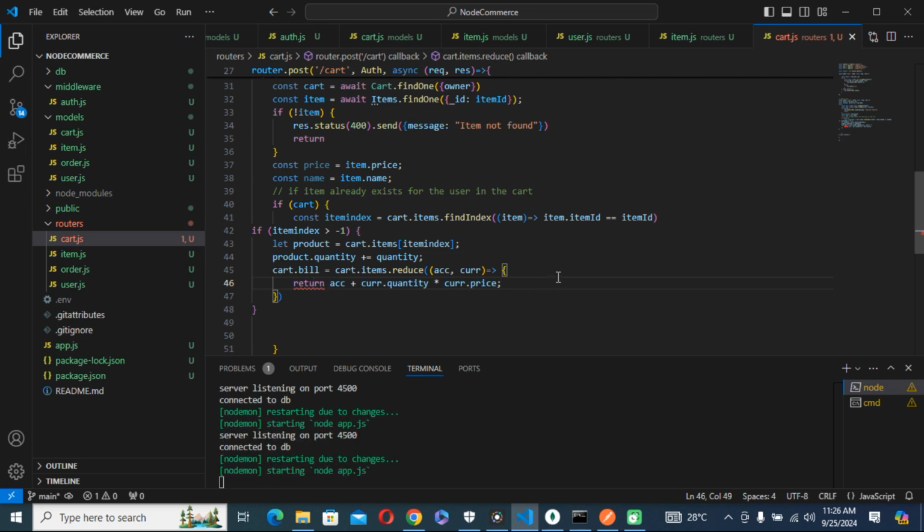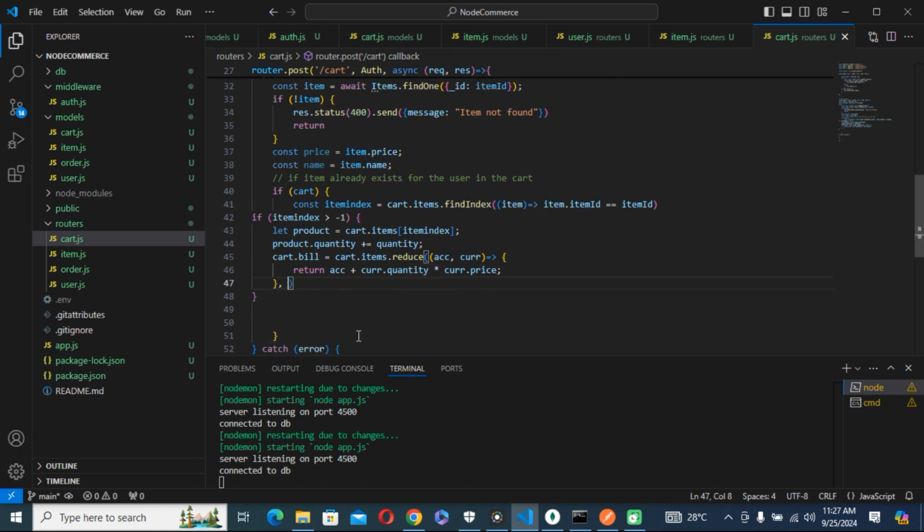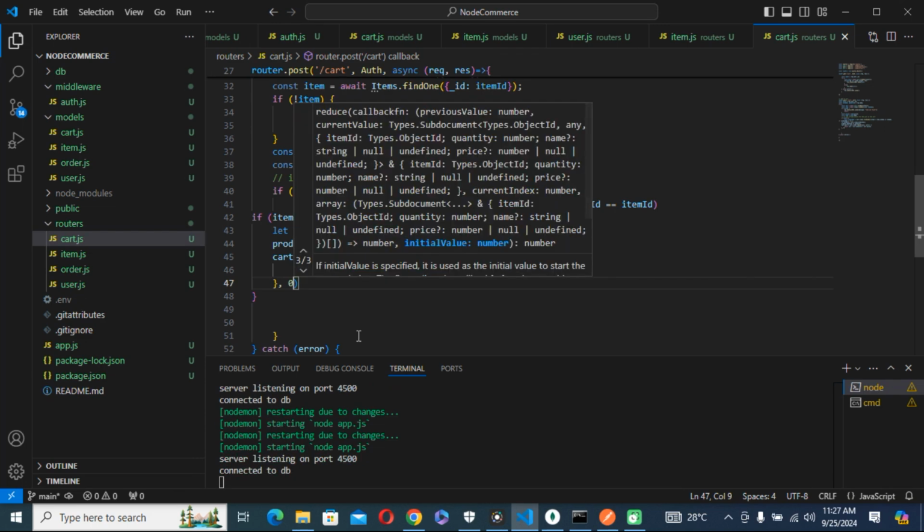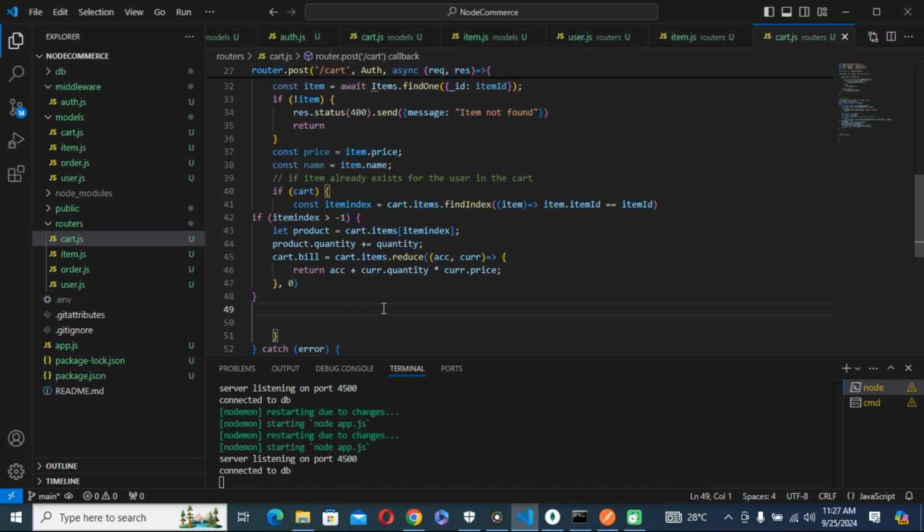That is return. Okay. Then otherwise let it be 0 if there is no price. So that is for if the cart exists. Then